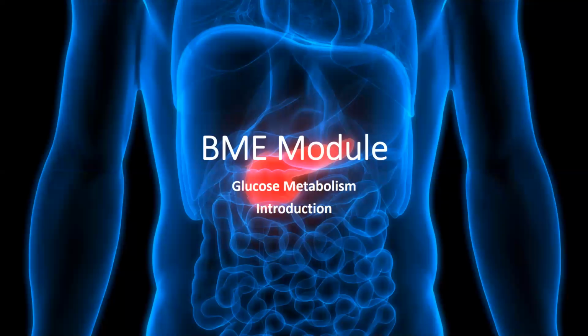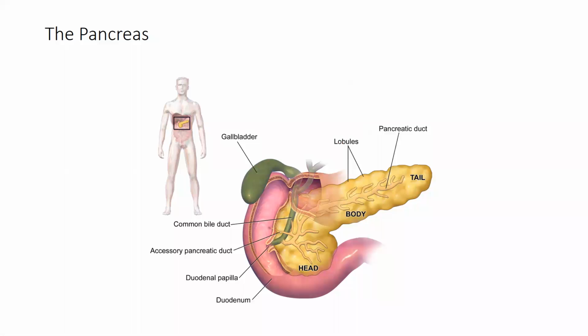This module will focus on glucose metabolism. To understand the role of glucose in the body, the first step is to understand the anatomy and function of the pancreas. The pancreas is located in the abdomen behind the stomach. It consists of a head, body, and tail, and has two main functions: an exocrine function helping in digestion, and